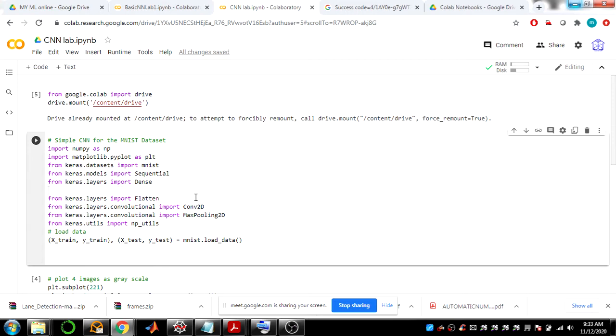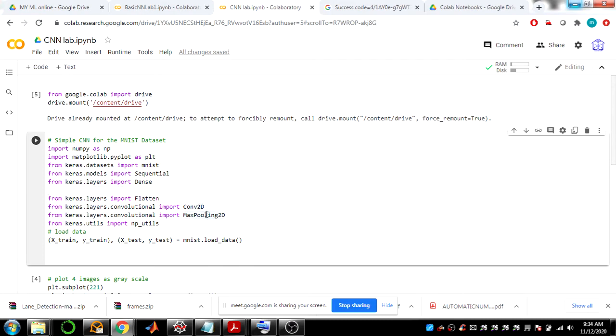And then why do you require convolution 2D? Basically, you need to apply the convolution layer. For the convolution operation to happen, you require that convolution 2D function, right?